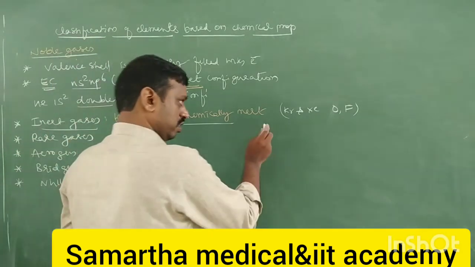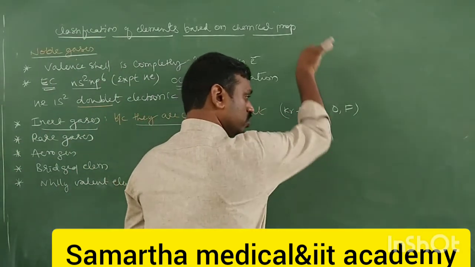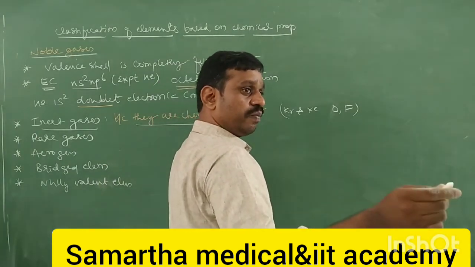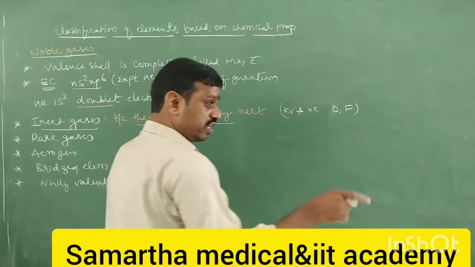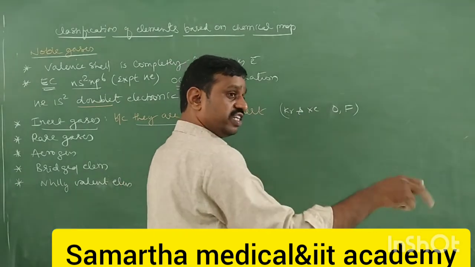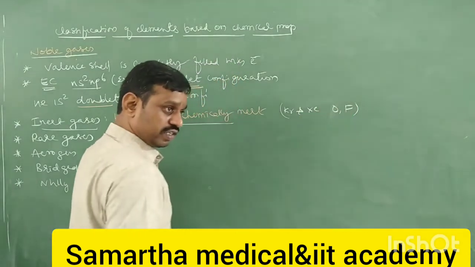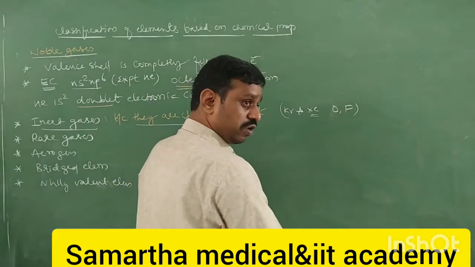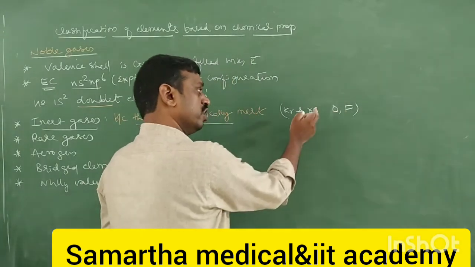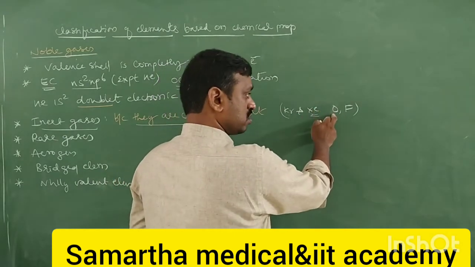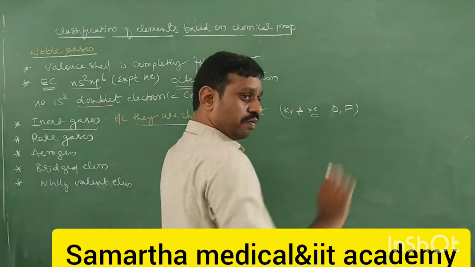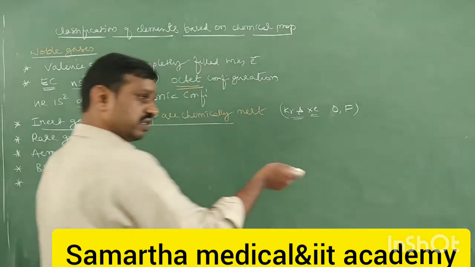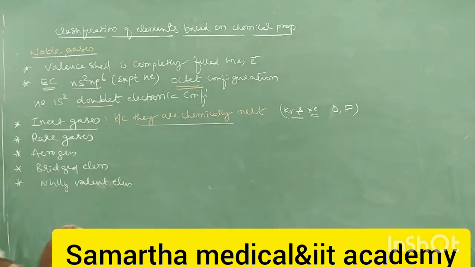Why? The reason is in krypton and xenon. Down the group, we know that atomic size increases and ionization enthalpy decreases. Due to decreasing ionization enthalpy, their reactivity increases. We will study this later in this topic. So xenon has the least ionization enthalpy in this group. Therefore xenon can react easily with oxygen and fluorine. It forms a large number of compounds. So these two are exceptions. Other than these, they are chemically inert.